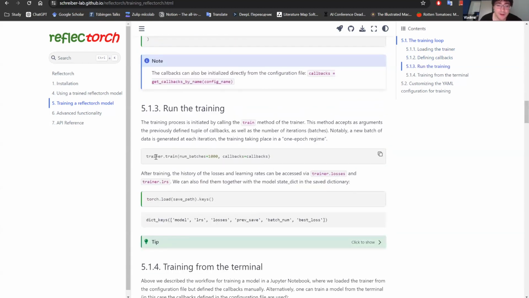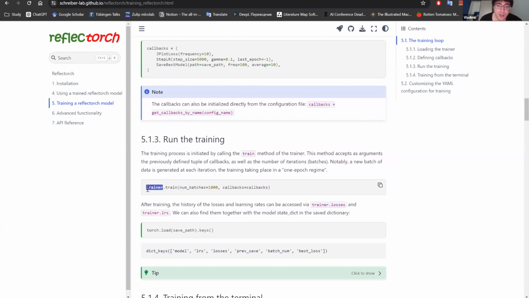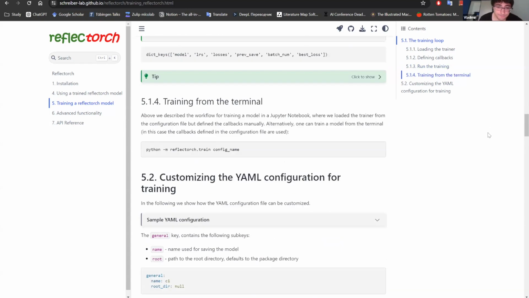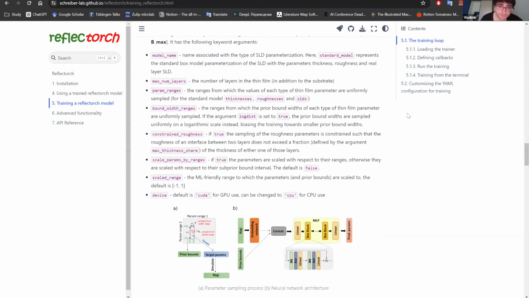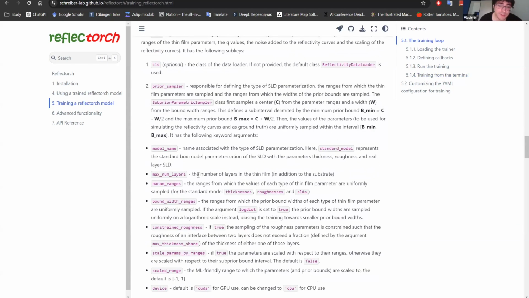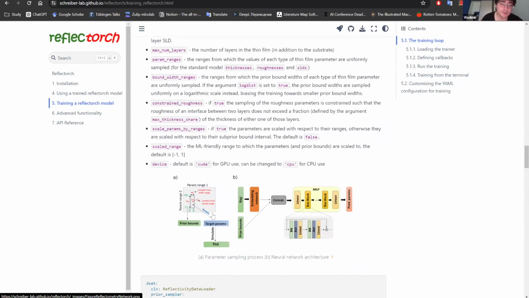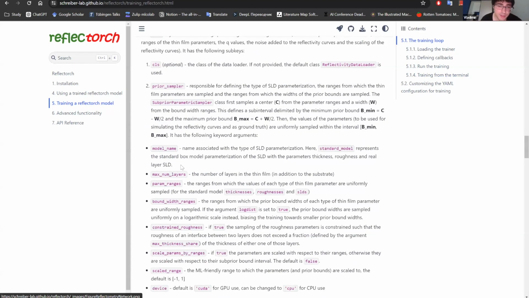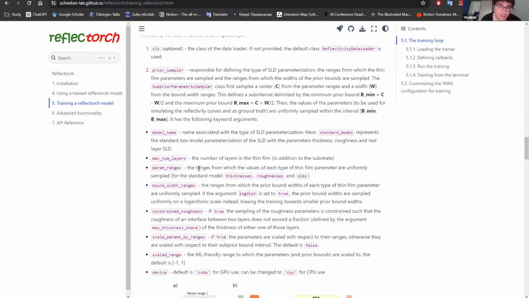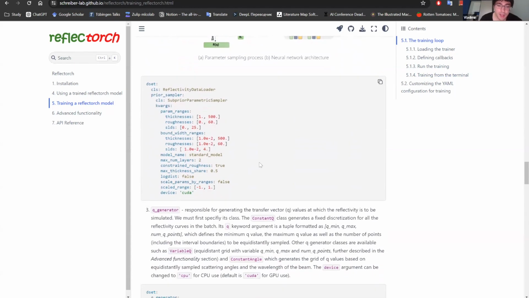You basically have several methods you have to use. It of course requires some knowledge of Python, but I think we all use Python, based on the previous talks, or maybe most of us. And there are some simple configuration files that one can use to provide their own use cases, constraints, parameter ranges, and so on and so forth.